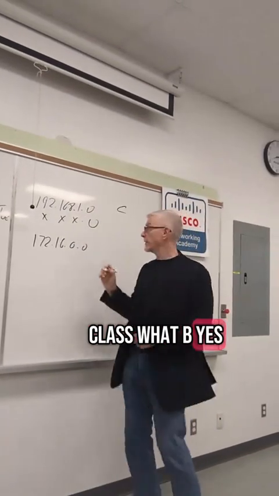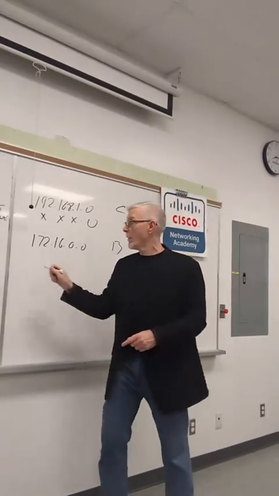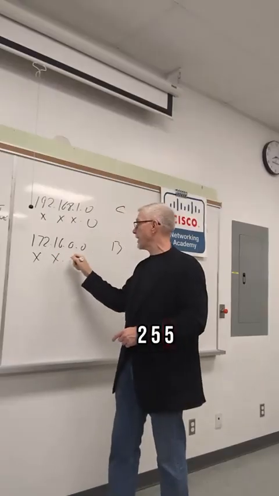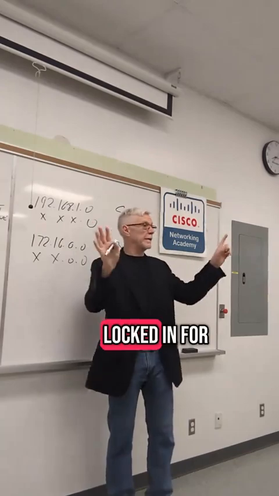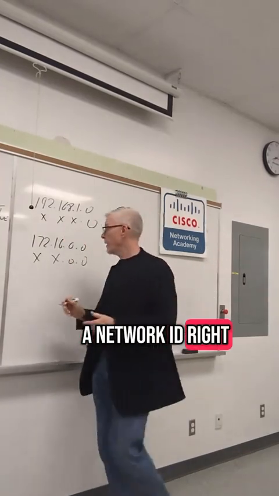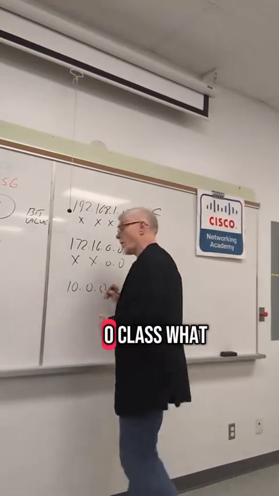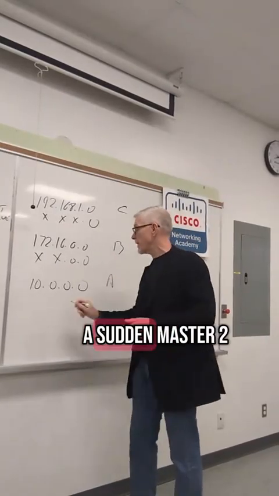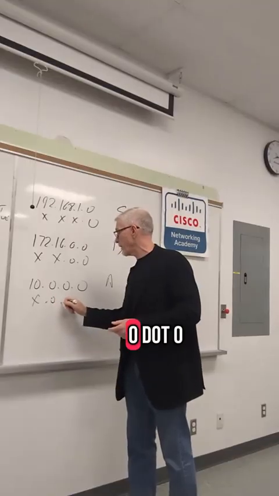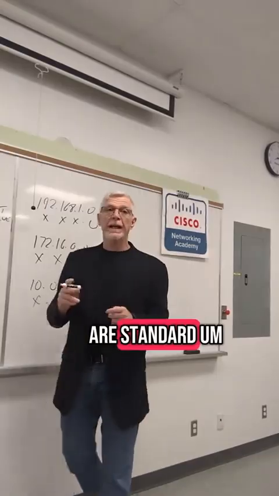B. Yes, class B. And what's the subnet mask? 255.255.0.0, right? And the 255 says this octet is locked in, or a network ID, right? And then what if I do 10.0.0.0? Class what? A, right? Class A. Subnet mask of 255.0.0.0. These are standard